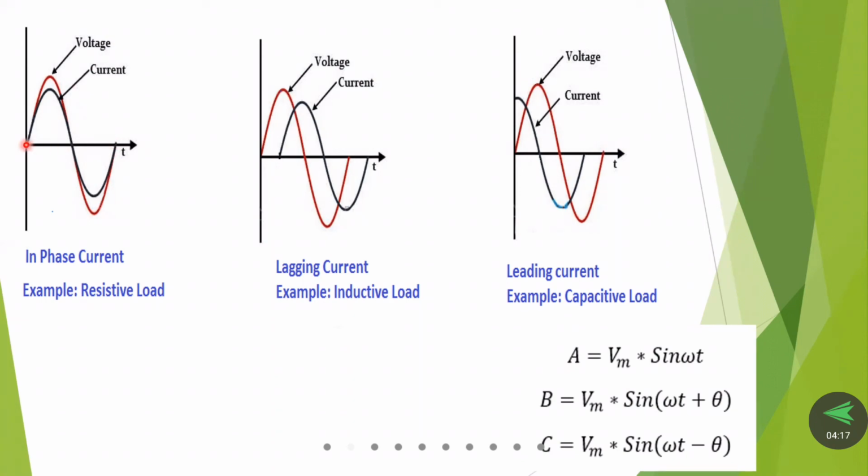You can observe here that at the same time, the current and voltage, for example at 1 second, both reach the maximum value. That is called the peak value or amplitude value. So at the same instant of time, the voltage and current reach their maximum values. That type of phenomenon is called